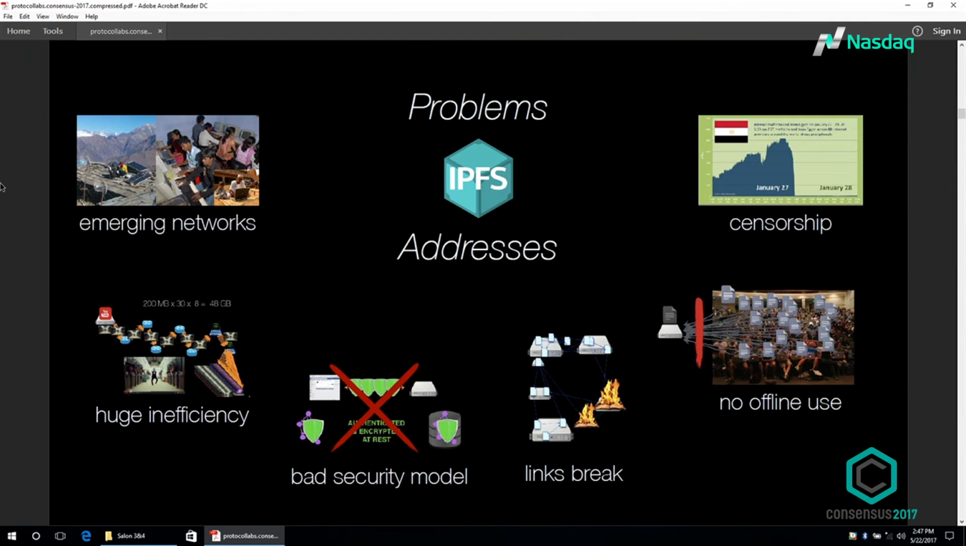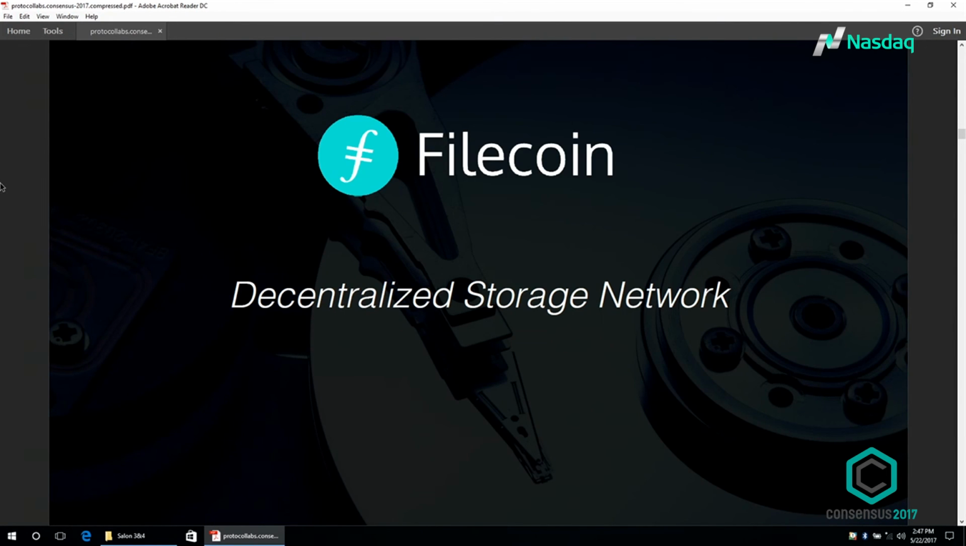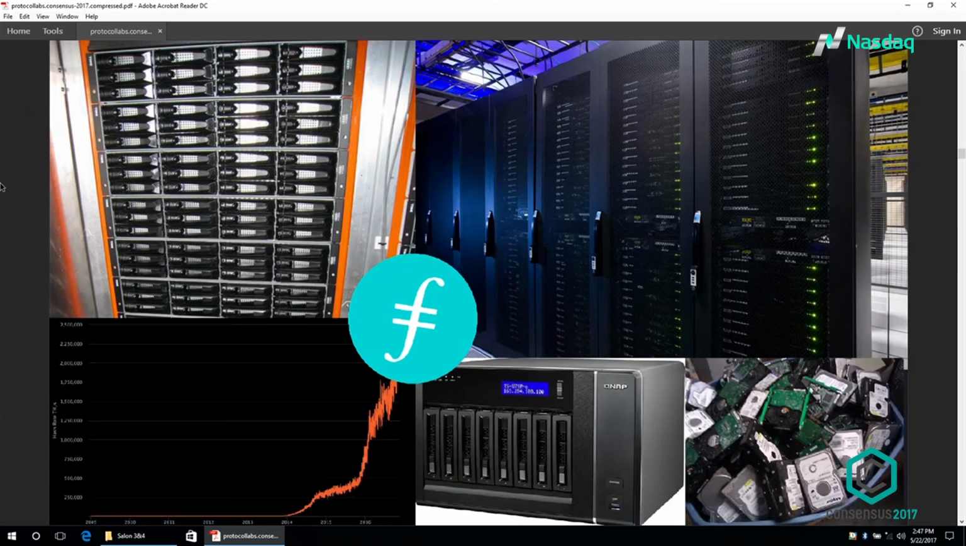IPFS addresses a whole bunch of problems. I'm not going to go into them here. You can find out all about IPFS on the internet. And Filecoin, I'll mention it a little bit because it's important that you understand the context. Filecoin is a decentralized storage network. You can think of it like Bitcoin meets Amazon S3. It's on top of IPFS, and the goal is to use massive amounts of latent storage out there in the